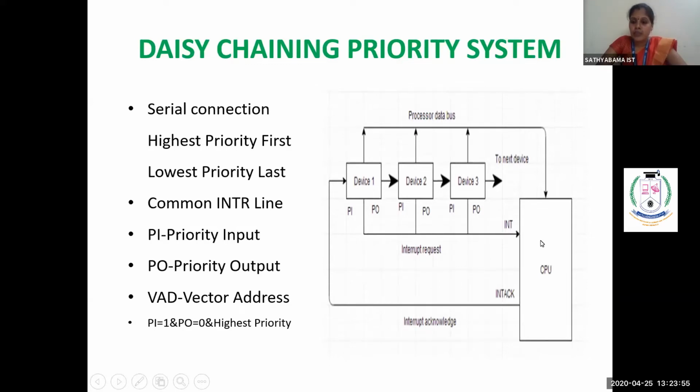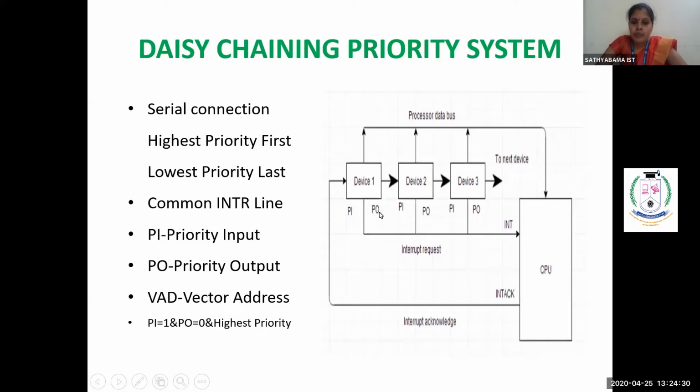If it is enabled, the CPU comes to know the interrupt is coming from any one of the devices. So we have to acknowledge. The interrupt acknowledge line will go to device 1 first. Why? It is the highest priority. Device 1 we connected as the highest priority. That's the reason device 1 gets the interrupt acknowledgement first. Next, if it's not sending an interrupt request to the CPU, it will move on to device 2.